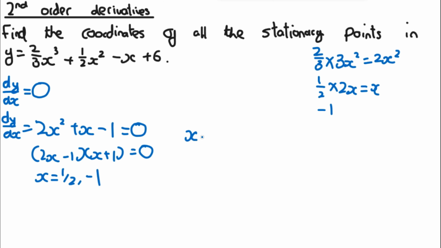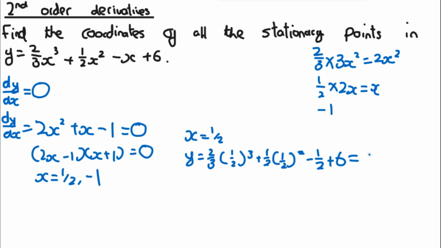So when x is equal to a half, y is equal to 2 over 3 times a half cubed plus a half times a half squared minus a half plus 6, and if you put this into your calculator, this is equal to 137 over 24. So one of the coordinates is a half and then 137 over 24, and then the other coordinate is going